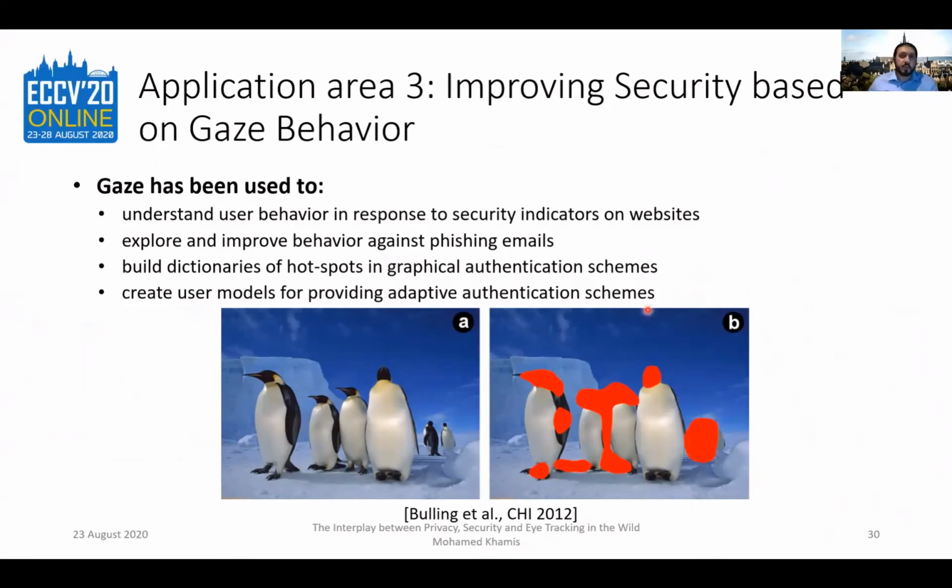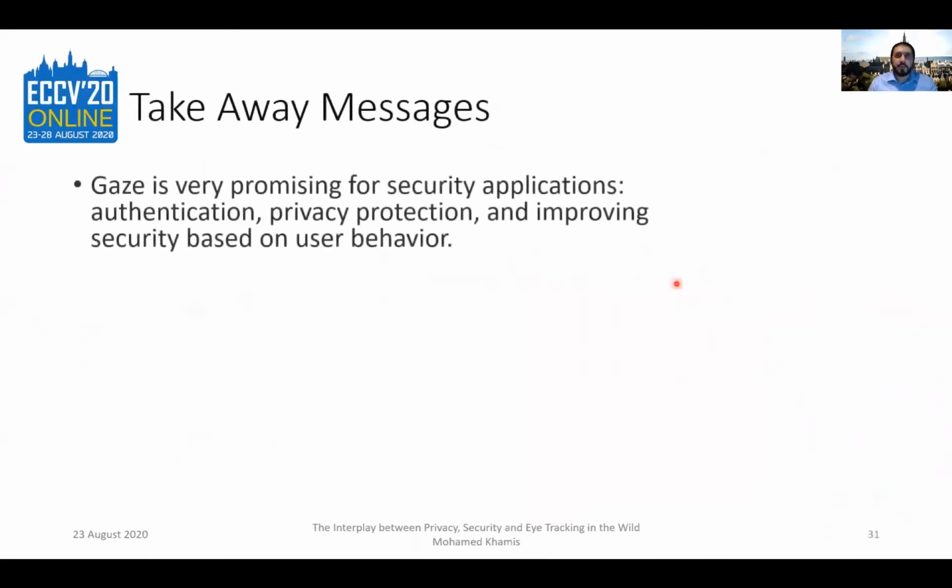And there has been a lot of work also by Cazzini et al. on creating user models for when people are creating passwords based on the eye movements, and using this to nudge them to create stronger passwords, or for example predicting which type of passwords they would create, and through their eye movements, whether they're strong or weak, and encouraging them in one direction or the other.